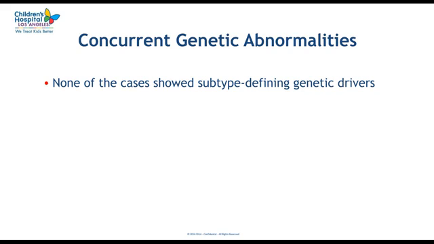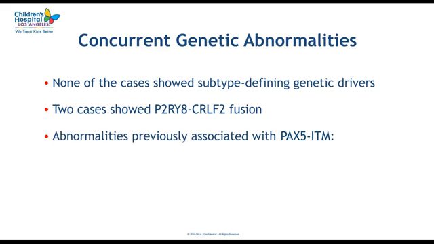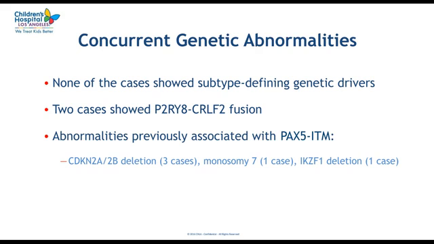What was also very interesting to us is that in our cases, we did not have any key genetic drivers. All cases were negative for other genetic drivers that define subtypes of B-ALL. So our results are consistent with this being the primary subtype-defining driver, likely associated with this PAX5 alt subtype of B-ALL. But we did have 2 cases with P2RY8::CRLF2 fusion, as described previously. So again, we are recapitulating this previously described association of this abnormality with P2RY8::CRLF2 fusion. And we also detected some other genetic abnormalities that have previously been described to be enriched in cases with this PAX5